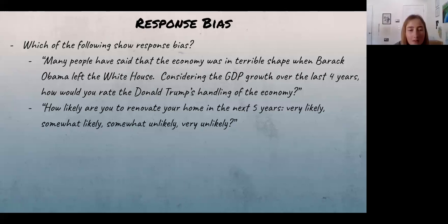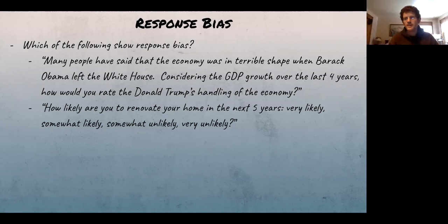Maybe a little bit biased because I feel like the choices aren't very specific. Like somewhat likely and somewhat unlikely could kind of be the same thing in a way. Okay, that is fair. Yeah, that is possible. I would say in general, this one doesn't have bias. I think it's presented very neutrally. Just tell me your opinion. But yeah, I do agree with you. You might not like the answer choices, but